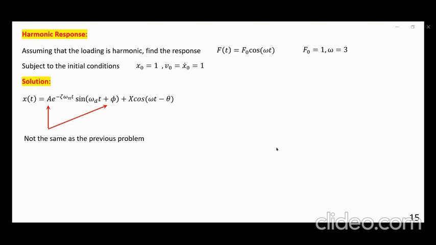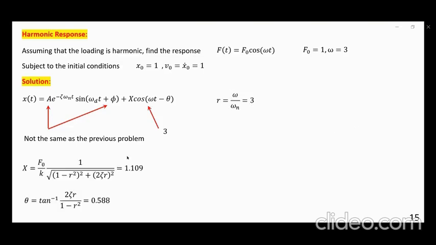I'm not going to give you any formulas here. Even if there are some, it is possible to cook them up, but I suggest you don't do that, okay? So let's see now, and this is 3, of course. So R is the frequency ratio, omega, which is 3. You get the solution, this big X